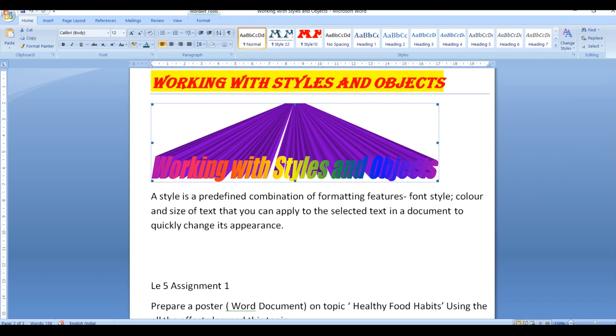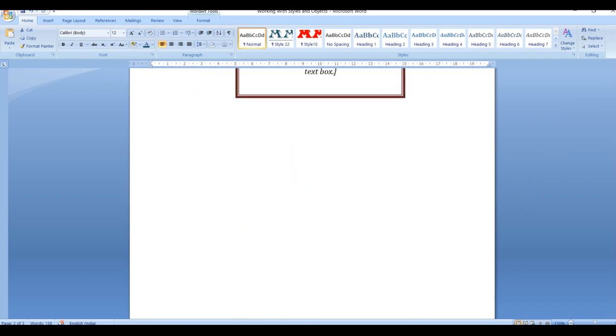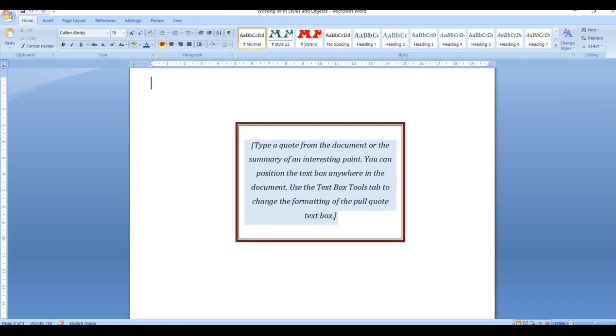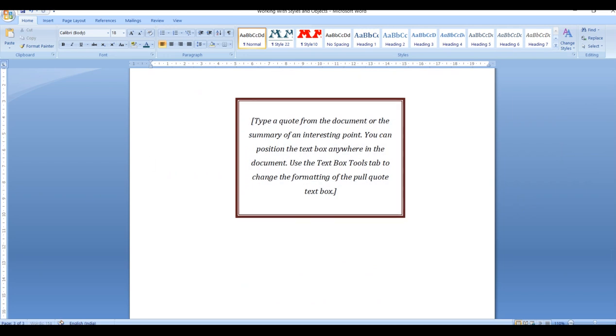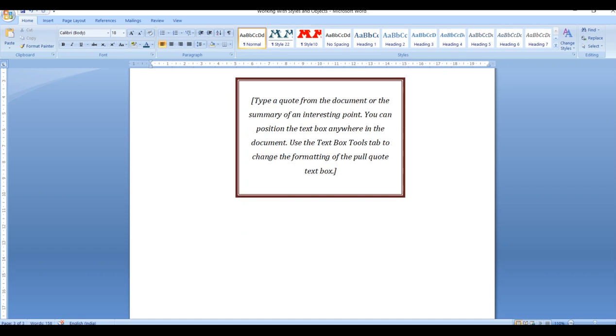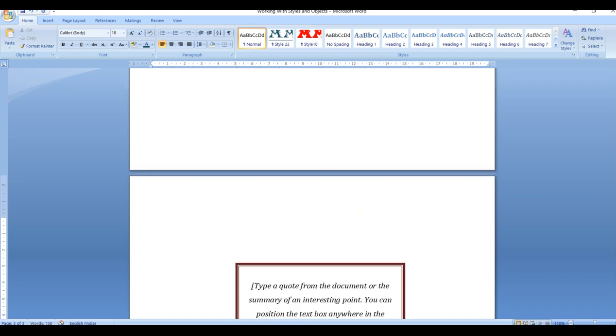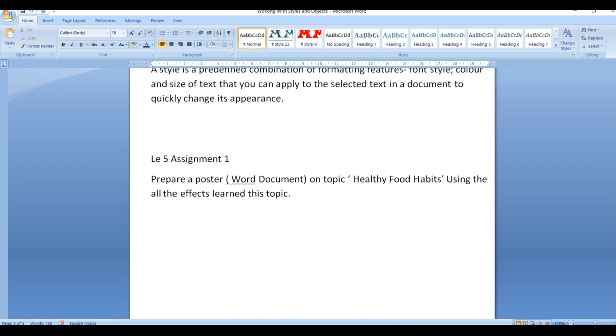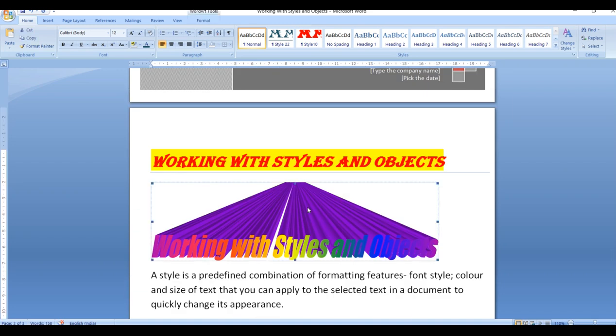Now let us go for the new point of our lesson. The new point of our lesson is nothing but the editing of the word art. Now suppose this is the word art which I have already inserted. So for this word art, I want to edit it.